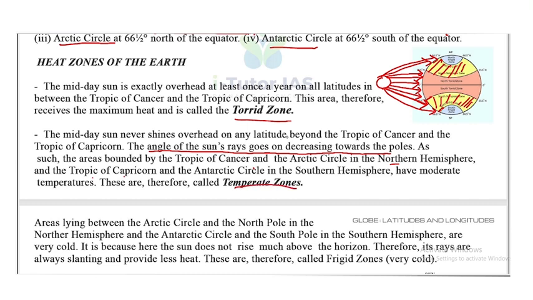Okay, so these two areas, that is in the Northern Hemisphere between Arctic Circle and 23.5 degree, between Arctic Circle and Tropic of Cancer, and here between Antarctic Circle and Tropic of Capricorn. Okay, so this shaded area, this is known as temperate zone. Okay, now